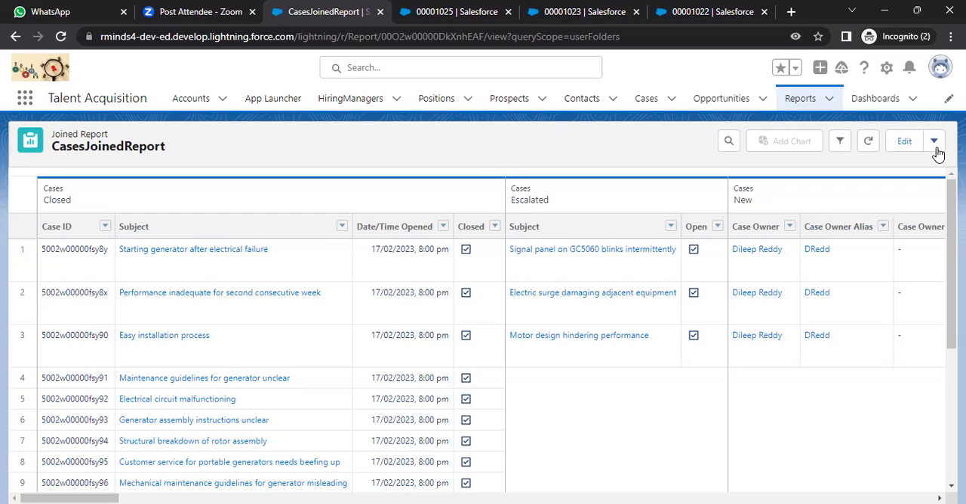chart components are not applicable, and that is the reason your add chart button is disabled. And if you go ahead and look here, you can't see an option to subscribe, right? So joint reports are not schedulable, right? So this is about the joint reports, I would say, and